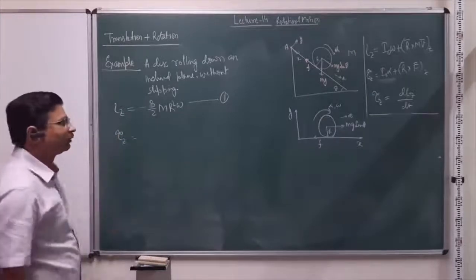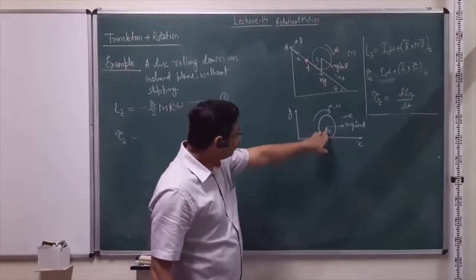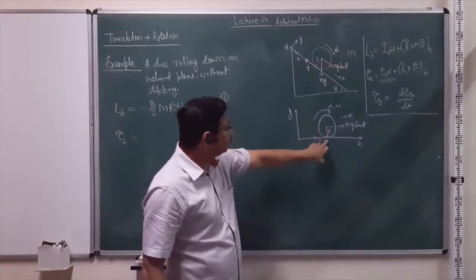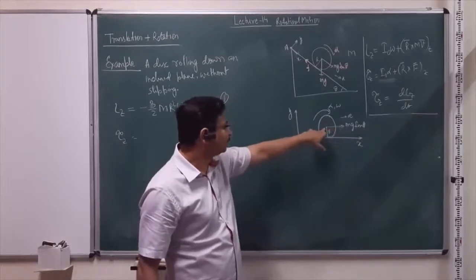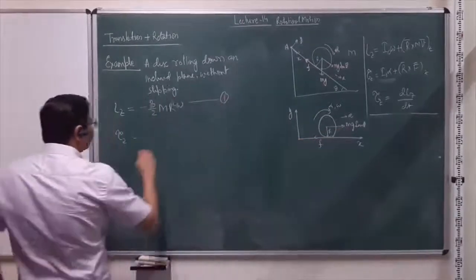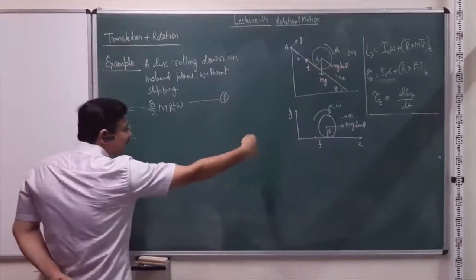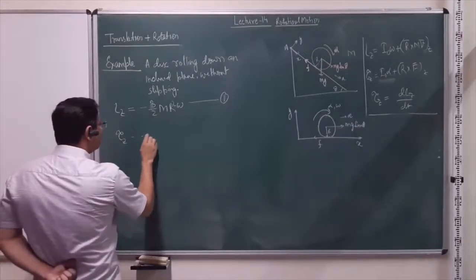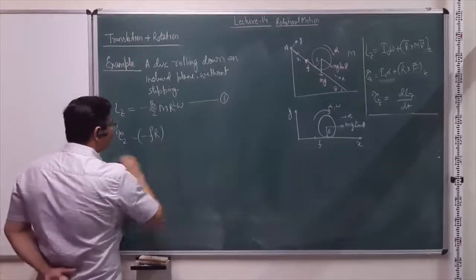What about the torque, tau z? So the torque about the center of mass: only the frictional force gives a torque, because mg sin theta is in line with the center of mass. There is no perpendicular distance between the center of mass and mg sin theta, so it will not give any torque. Only the frictional force does, and the direction is governed by the sense, since the motion is clockwise. That can also be seen because F is away from the direction of motion. The torque is then Fr. This is the first term.